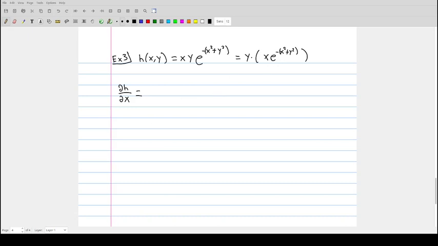And so what you see here, we're going to have to apply both the product rule and the chain rule to get the x partial derivative of this function. The first one we're going to have to apply is the product rule. The x partial derivative is going to be y times the derivative of x, which is 1, times e to the negative x squared plus y squared,